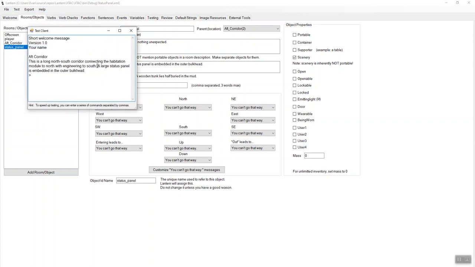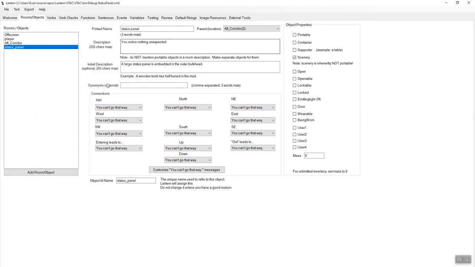So our room description says a large status panel is embedded in the outer bulkhead. Examine the panel. There we go. And it works there. It's just invisible, but the player knows it's there because we mentioned it in the room description. Also, we might want to do something like,